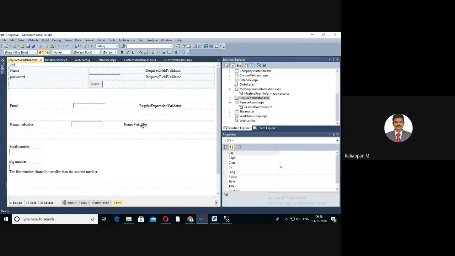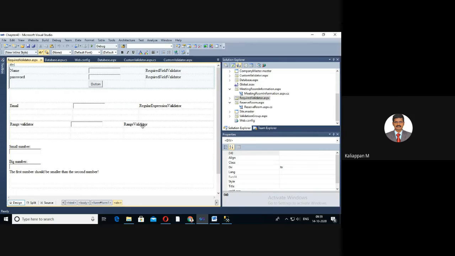These are called validation control classes, and they inherit from the base validator class, hence they inherit its properties and methods. Therefore, it helps to look at the properties and methods of this base class, which are common for all the validation controls.